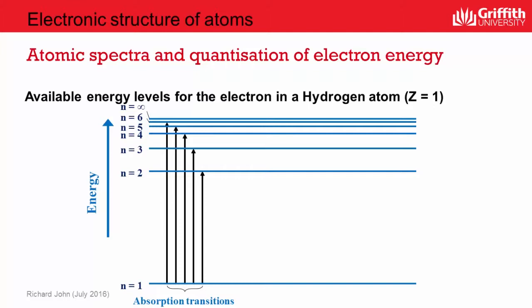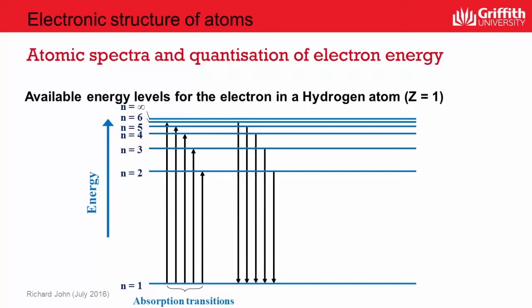Electrons at higher energy levels will only stay in that excited state for a very short period of time, and there's a very strong tendency to transition back down to lower energy levels, thus losing the excess energy. These transitions are called emission transitions, and electrons are transitioning from one energy level to another by emitting energy in the form of photons. And in this case, where electrons return to the lowest energy level, the n equals 1 energy level, the energy decrease is relatively large, and it corresponds to the emission of ultraviolet radiation.